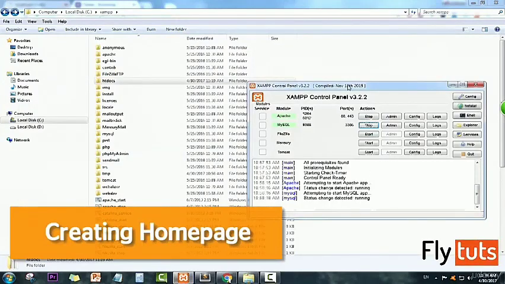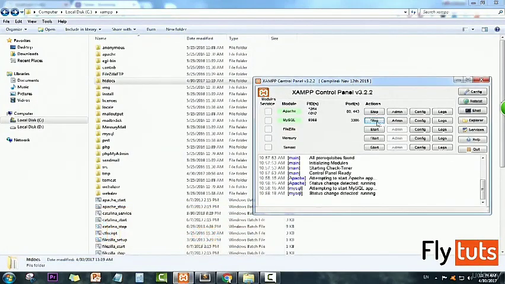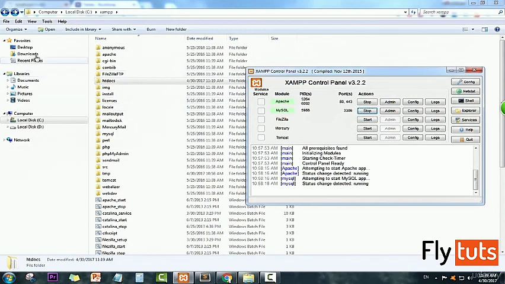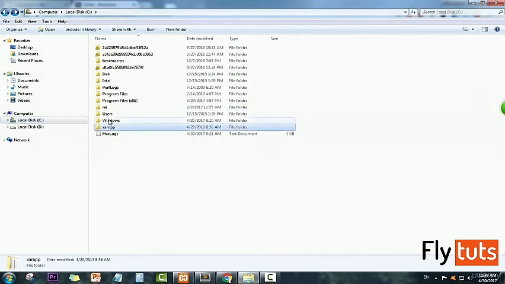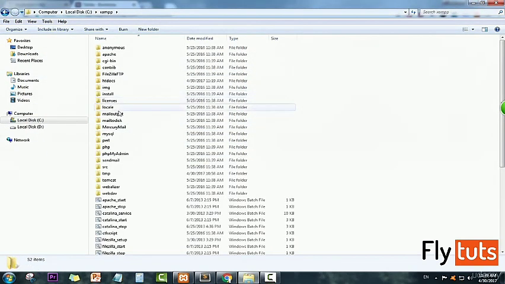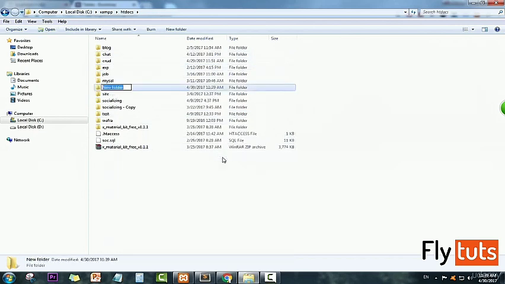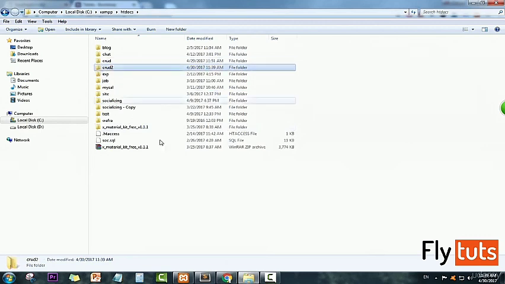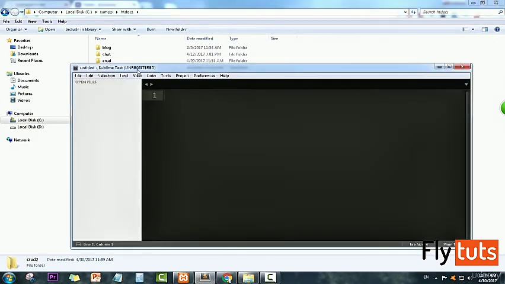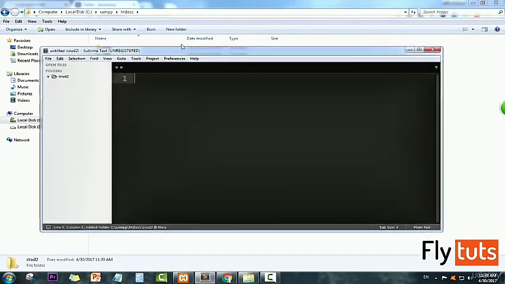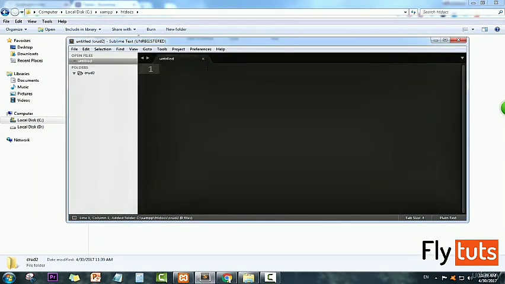Welcome. When you install your XAMPP software, you're going to get a folder also in your C directory called XAMPP. Open this folder and open htdocs here, where you're going to develop all your applications. We're going to create a new folder called CRUD2 because I already have one here, and open your Sublime Text and drag and drop your folder. Now open a new file, create a new file, Control N, save